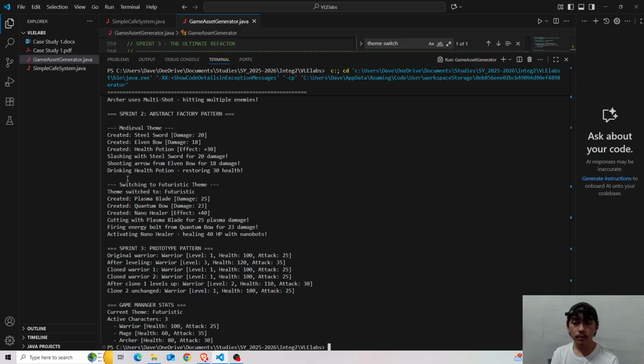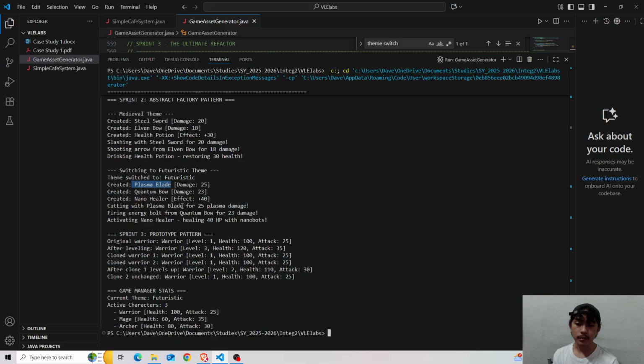On the futuristic theme, we have the plasma blade, quantum bow, and nano healer. These are all futuristic weapons and power boosts. So, cutting with the plasma blade, firing an energy bolt, then activating the nano healer.